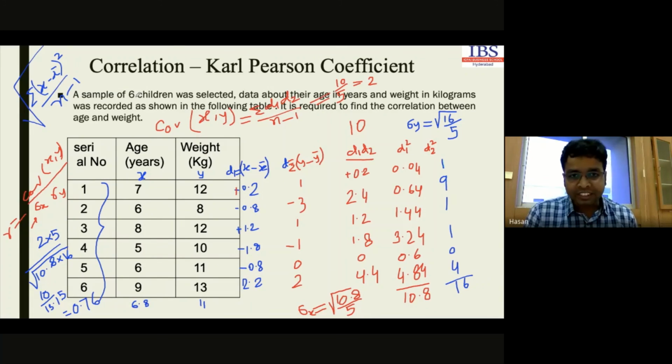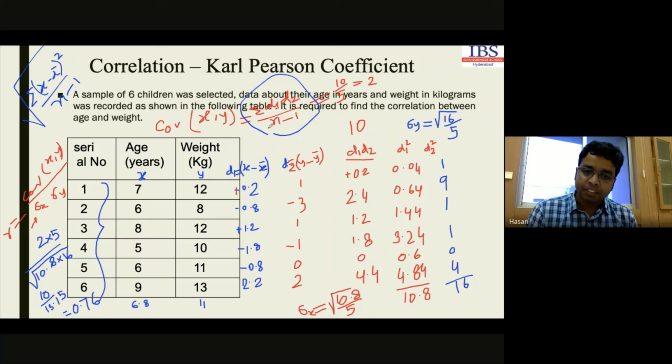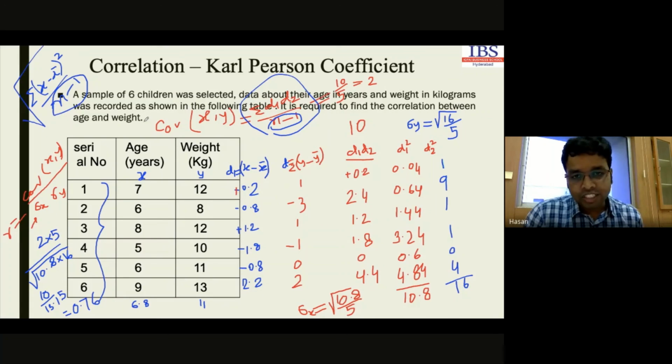if you are using sample, then you have to use this. This is our covariance, right? Again, this is sample. That's why we are using n minus 1. This is our standard deviation. This is sample, n minus 1. Okay. So whenever you are using sample or population, you will have to use it uniformly for each and every part.